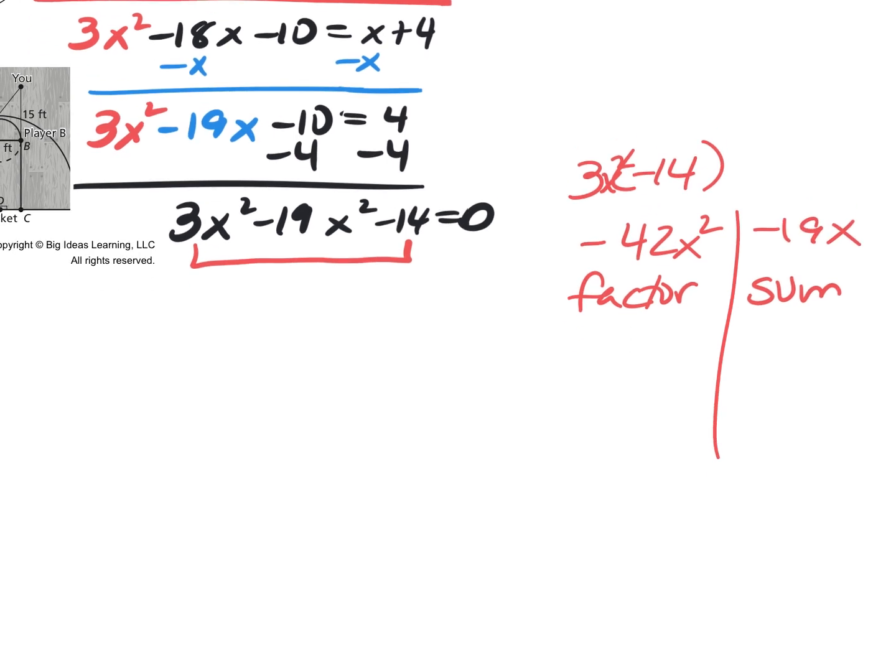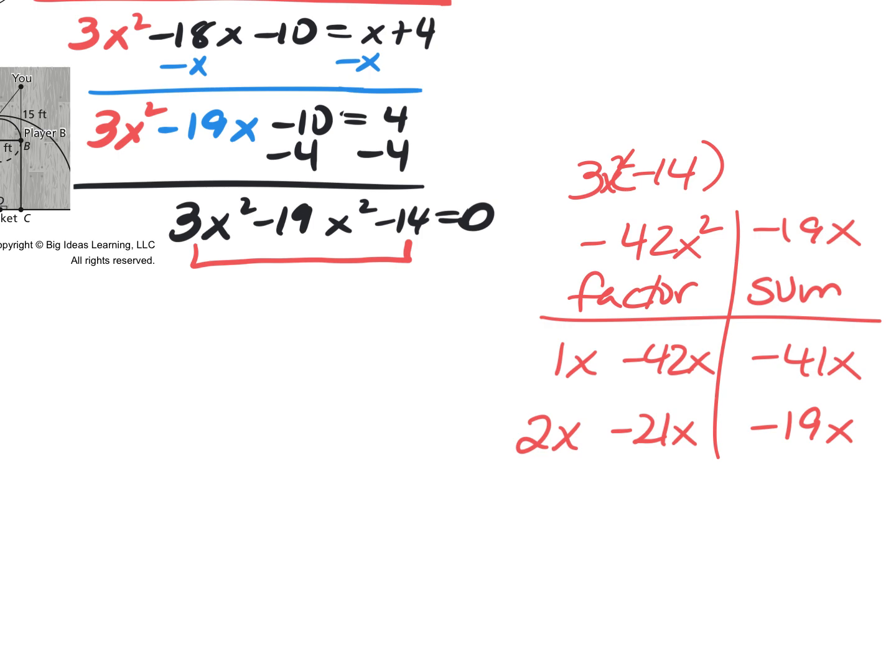So if I start my list, my signs have to be different, and my bigger factor is going to be negative. So when I go to do this one, this gives me negative 41x. It doesn't work. However, if I do positive 2 and negative 21, this gives me the middle term that I need. So these are my